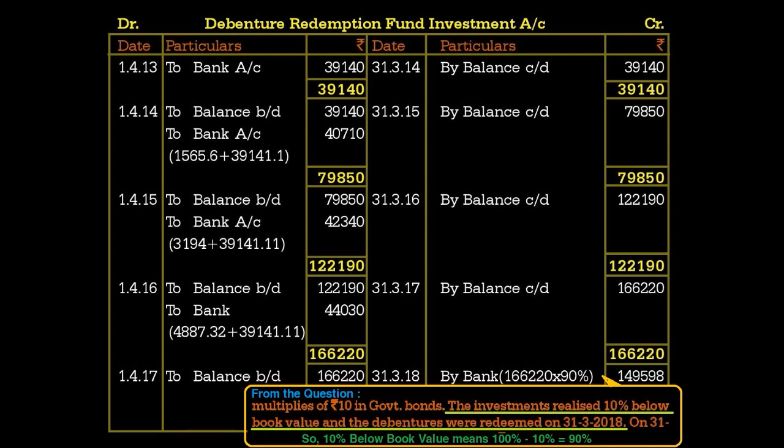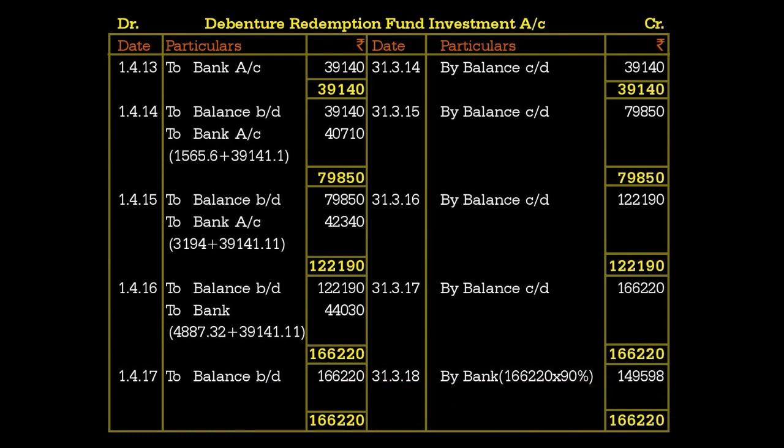So credit side by bank account, 1,66,220 into 90%. That comes to 1,49,598. This is the amount we are collecting by selling the investment. So it is sold at a loss. So loss amount is equivalent to 16,622. That should be transferred to fund account. So by debenture redemption fund account, that is the balancing figure, 16,622. Together the total is